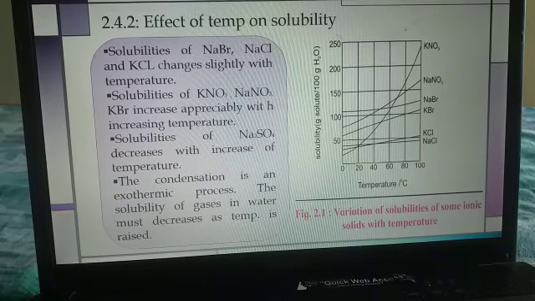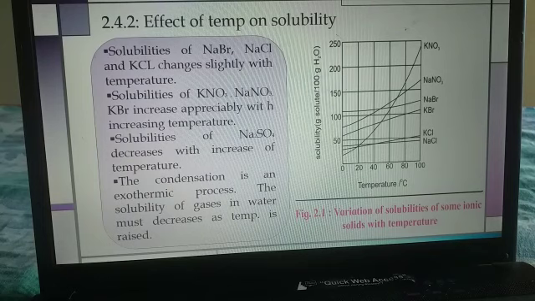Fractional crystallization is the separation of individual components of a mixture of water soluble salts from aqueous solution, and it can be carried out if there is a difference in the solubility of the components. This means that from a solution of a mixture of KNO3 and NaNO3, almost 90% of the total dissolved KNO3 can be crystallized out by cooling to 0 degree centigrade.